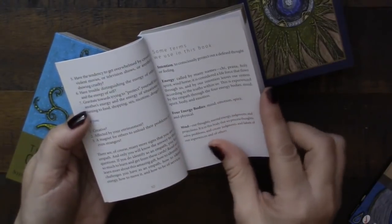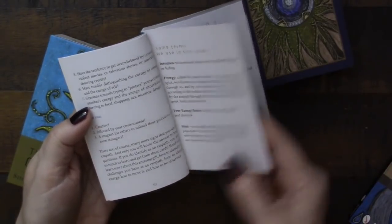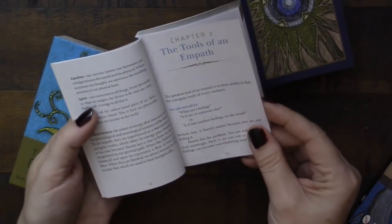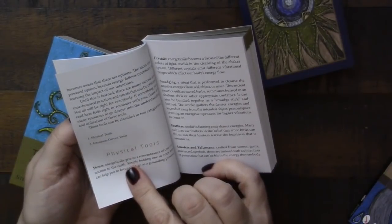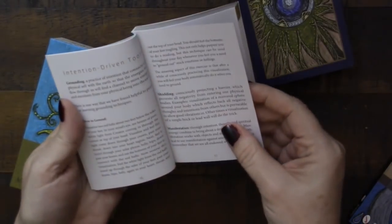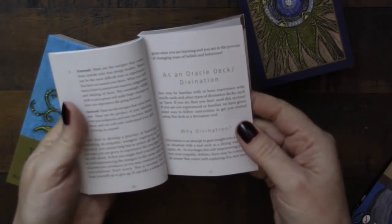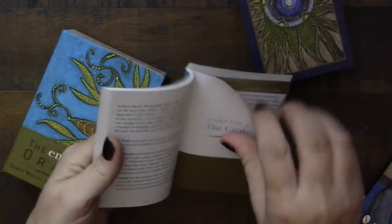Signs to be an empath, some of the terms they use, such as intention and energy, the 4 energy bodies of mind, emotion, spirit, and physical body. And then it talks about the chakra system as well, because each of the chakra cards are there. The tools of an empath is the first section, and then we have physical tools, intention-driven tools. We have then how to use the cards, teaching things, using it as an oracle deck, how to lay out the cards, these kinds of things, how you might interpret it,